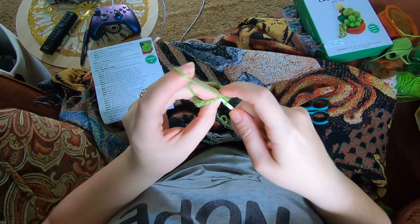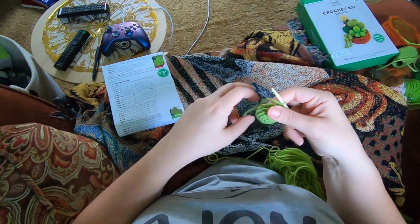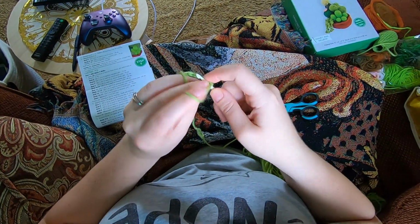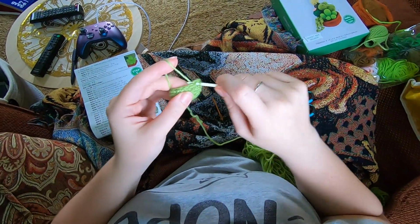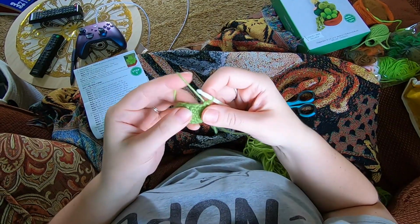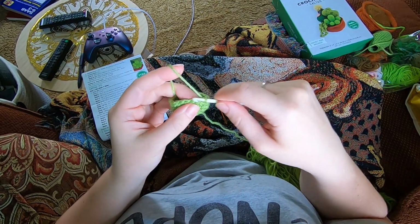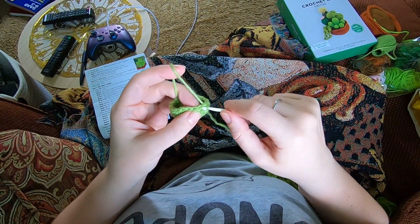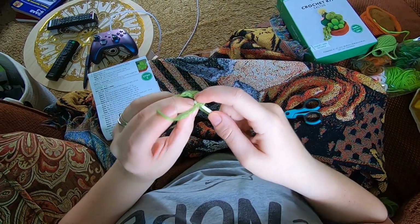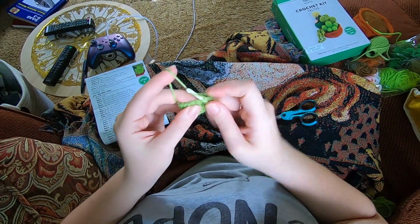Okay, so end of that round, I'll slip stitch to the first stitch here, chain 1, and then our next round is just alternating single crochet and decrease. So 1 single crochet, 1 decrease, 1 single crochet, 1 decrease. It feels like you stretch further when you get to these smaller rounds and when you're alternating like this. And again, this is the corner of the stitch we just worked into. So you have to reach a little bit, 1 single crochet, 1 decrease,